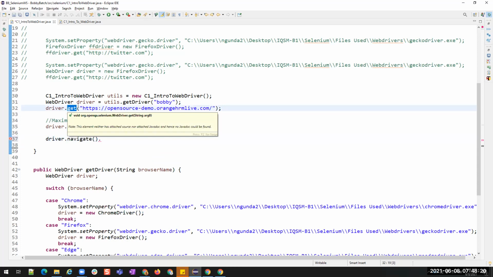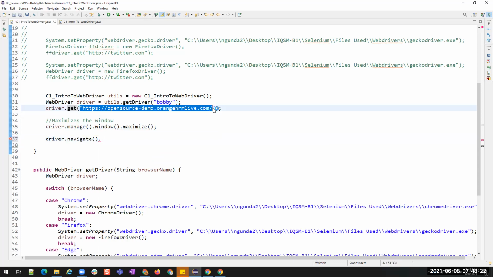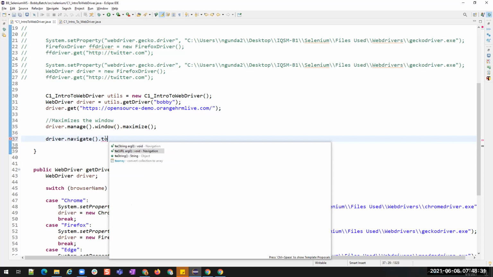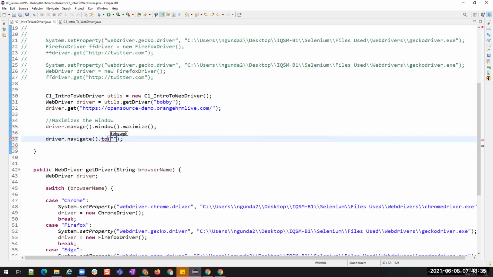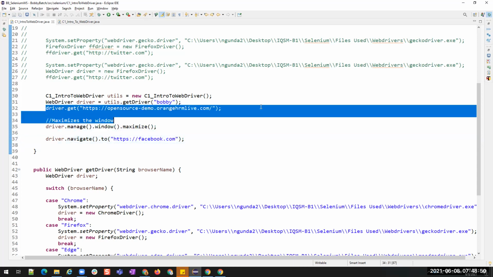Driver.get is opening this URL on the browser, and similarly we can also open a URL using the driver.navigate.to method, which takes a string. Instead of Orange HRM, let me say https://facebook.